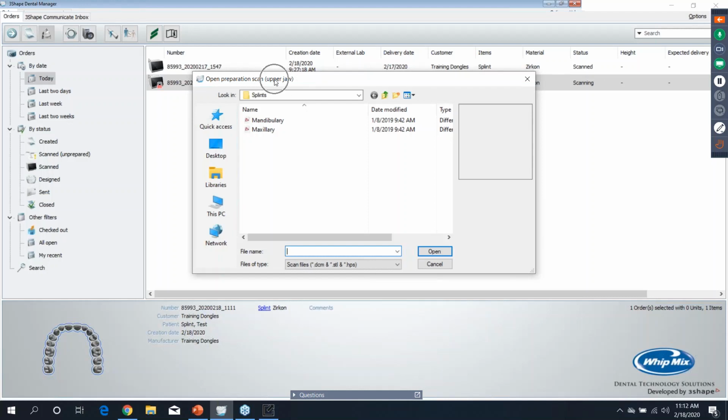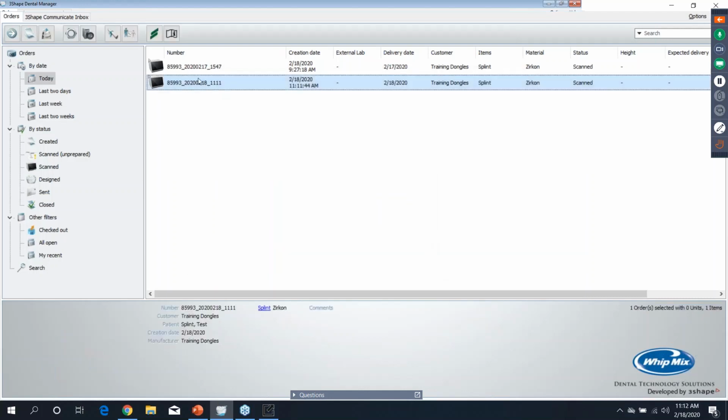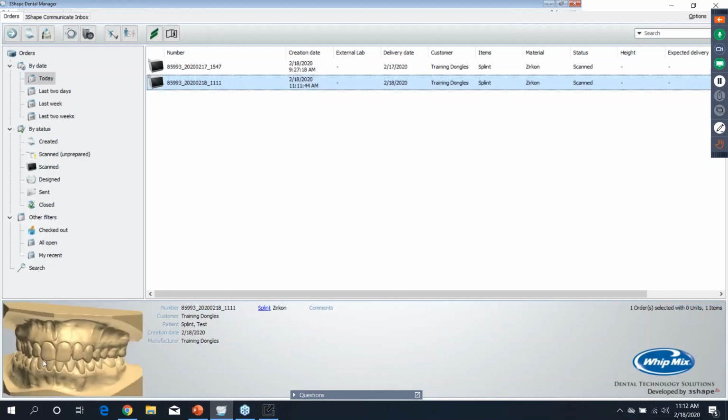So right now it is asking for the upper jaw. So we're going to select maxillary. Now antagonist, we're going to select the mandibular. Okay, so now you can see down here we have our scans, and we're ready to go into